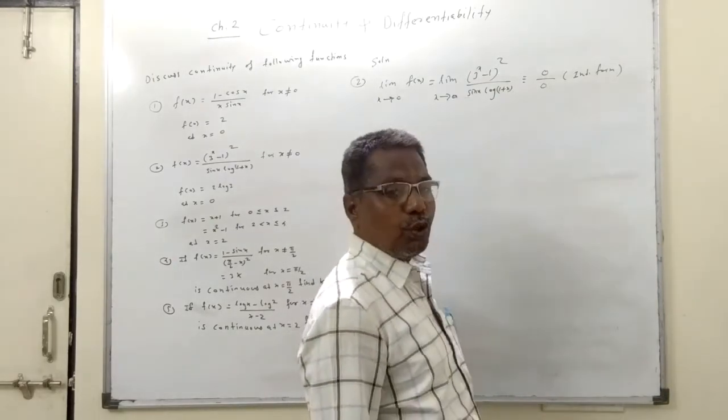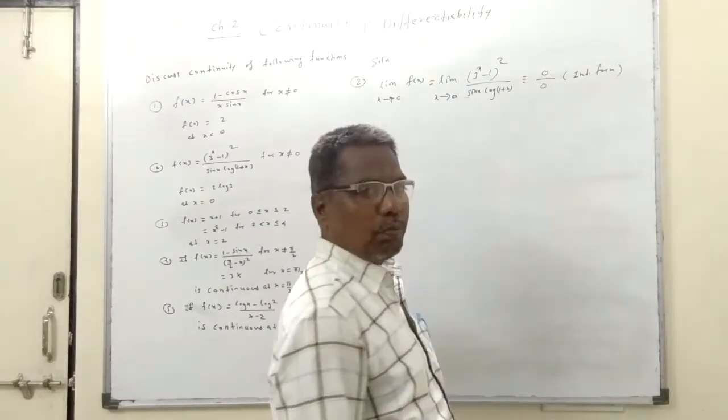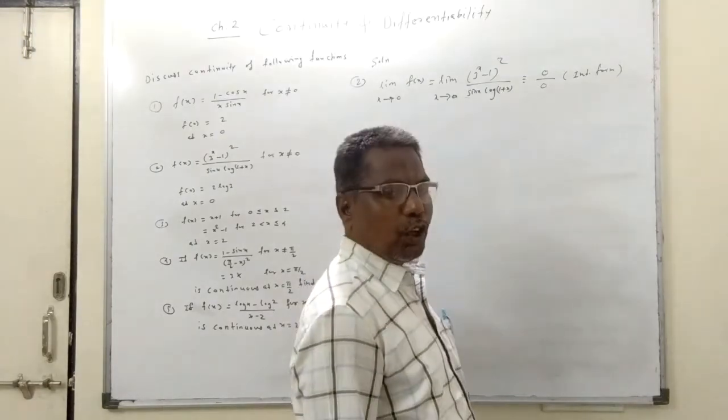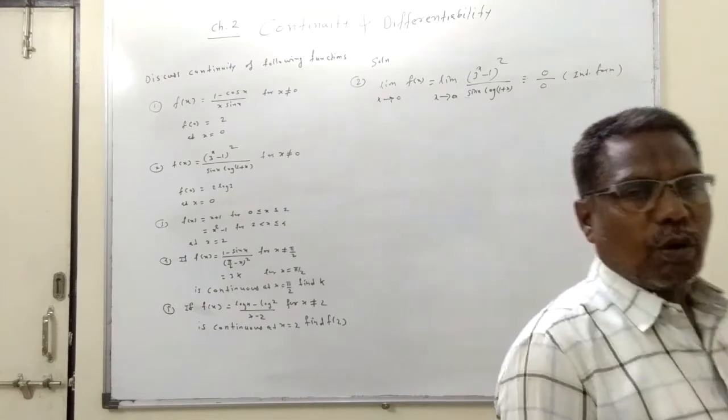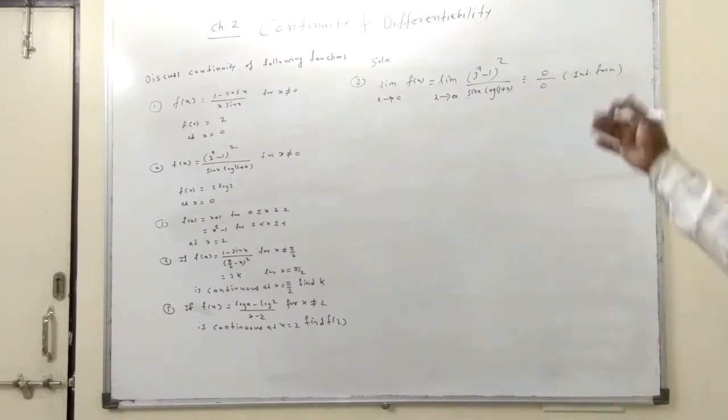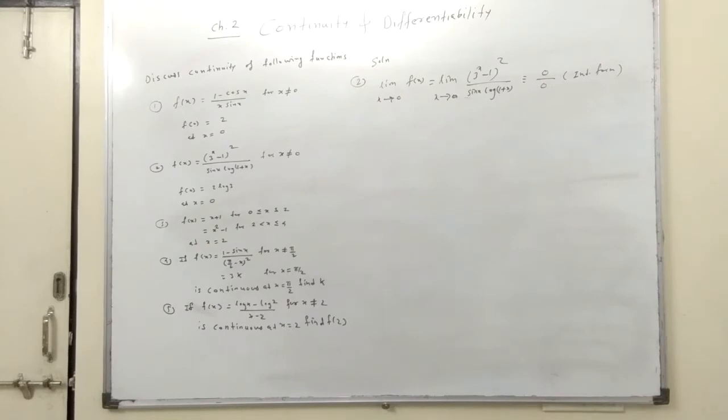Limit x tends to 0 here. You recall the methods of limits. So for the exponential function, as x tends to 0, which method? The standard formula method. So if we observe the exponential form, the formula is limit x tends to 0 of a raised to x minus 1 upon x is equal to log a. So you want to fit that formula here. In the denominator, sin x upon x is required, since limit x tends to 0 of sin x upon x is 1. So we want to divide the numerator by x square.